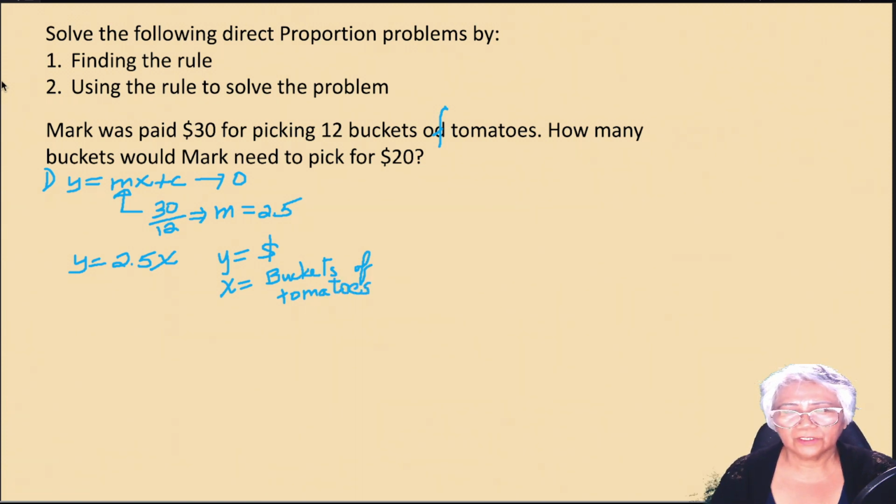All right, so we're going to substitute these values here. And so what is the given? $20. So you have $20 is your y. So you substitute it here. So 20 is equal to